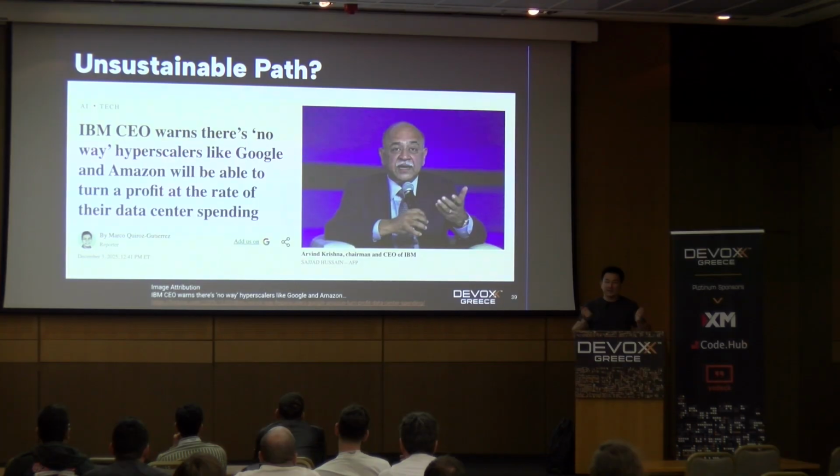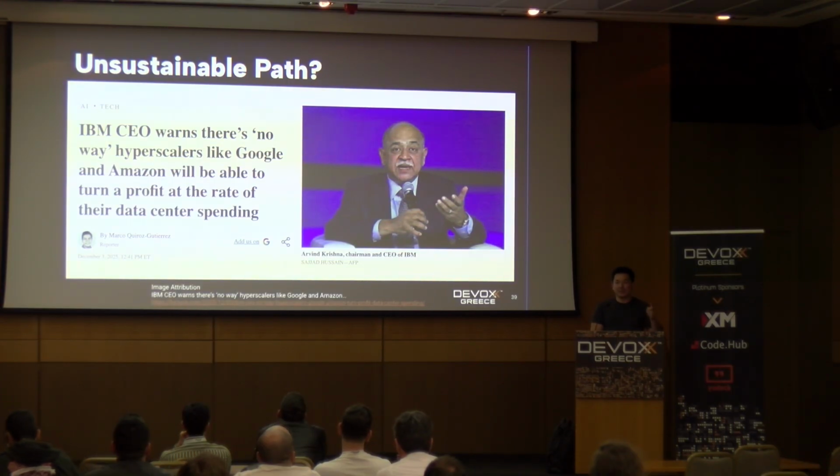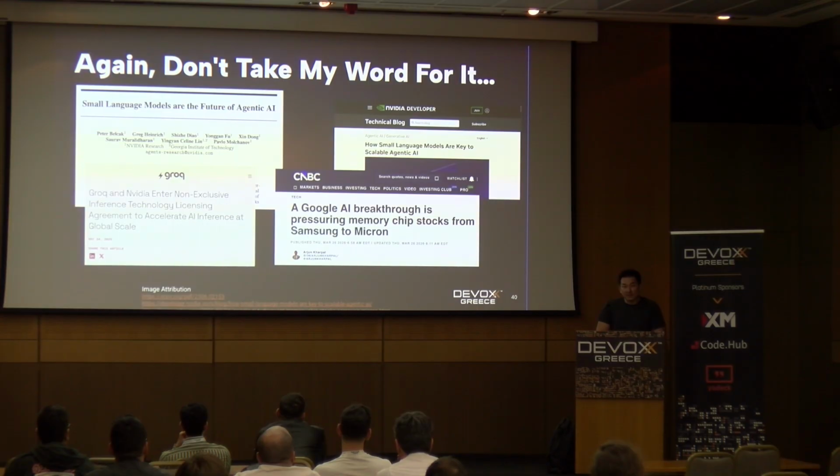Now we have to ask ourselves, are we on a sustainable path with the cost of tokens, right? And if we're going to replace the hardware, the GPUs, every 3 to 5 years, right? The H100s were super expensive, $40,000. The H200 was 2 or 3 times faster than the H100. Vera Rubin is going to be 2 or 3 times faster, already obsoleting the H200 architecture. It doesn't make sense to keep buying all this hardware. And again, don't take my word for it. That's the reason why NVIDIA is investing in Groq for their TPUs.